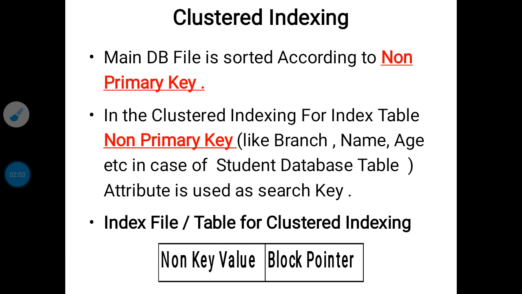So these are all non-prime key attributes. So two important points for cluster indexing: for best and fast searching of records from the blocks or physical locations, the main database file is sorted according to the non-prime key attribute, and that non-prime key attribute is used as the search key in the cluster indexing.